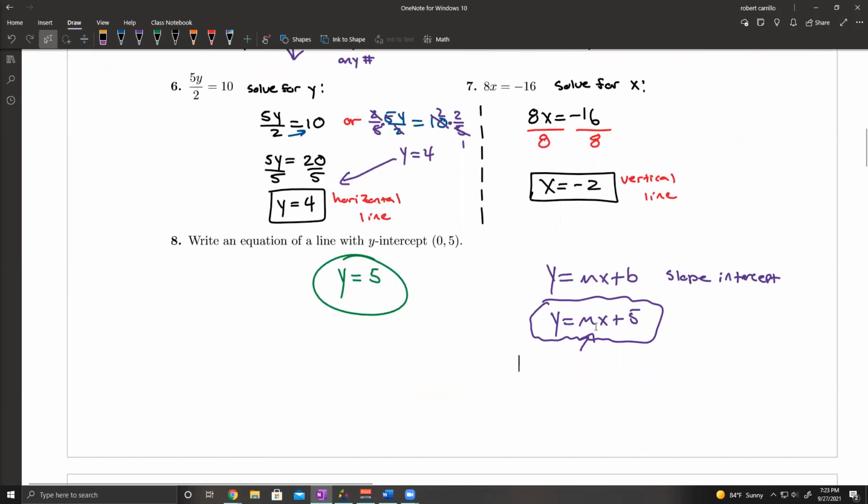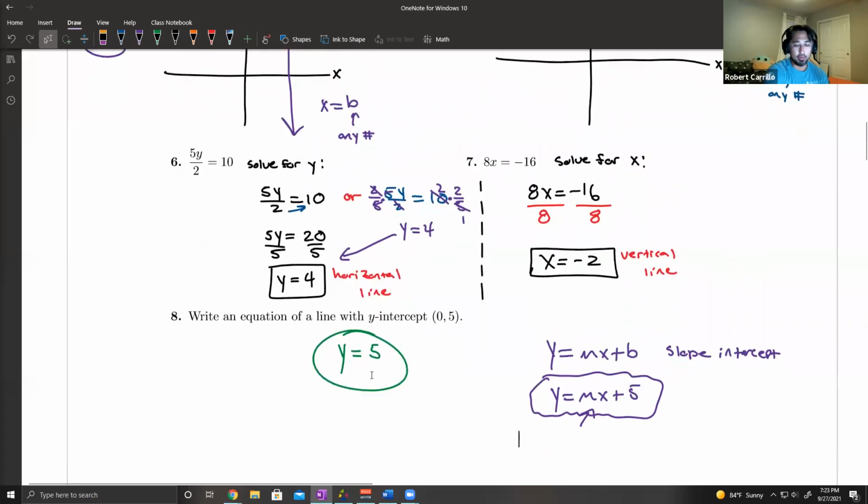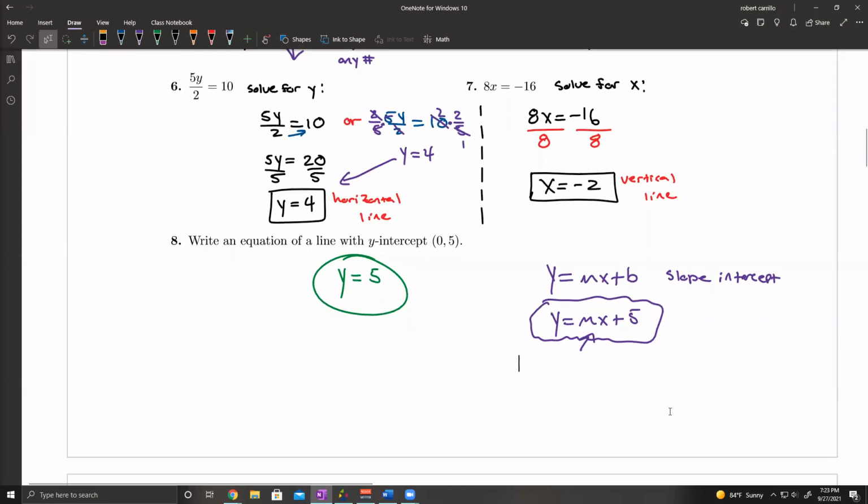I'm so sorry, you lost me just a tad. How did that correlate with what we just saw? Which one, the green one, the purple one, or both? The purple one. The slope intercept? Okay. So the reason I showed slope intercept form, because I don't think we've seen it yet in